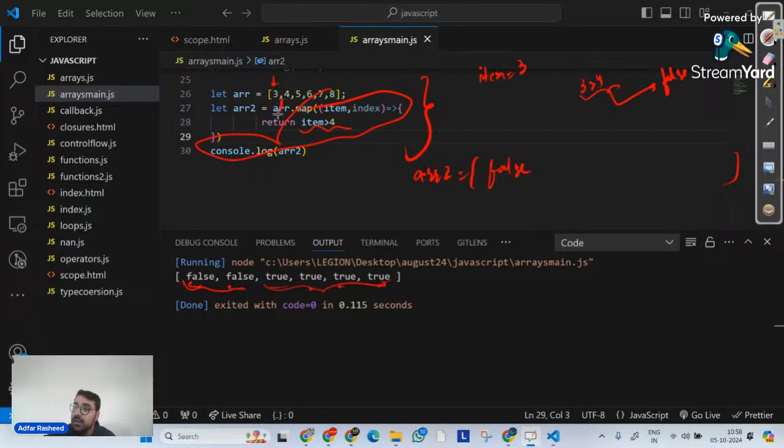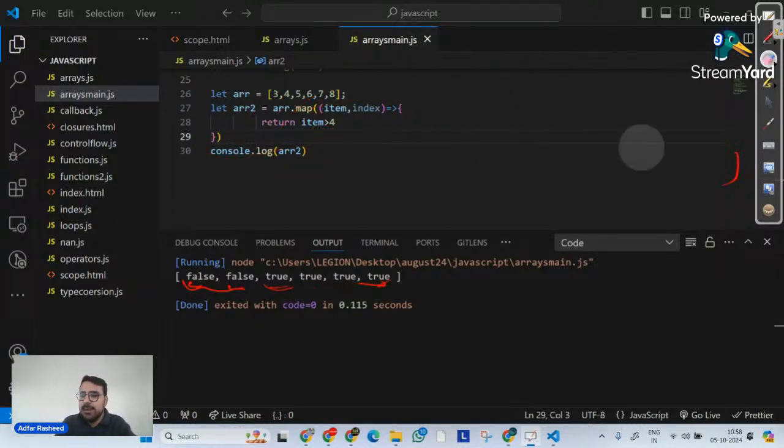Second thing is it returns a new array of the modified elements. It will return a new array. Third thing is the new array that is going to be created will always have the same length as the original array. Length is not going to be manipulated. Neither is it going to be increased nor decreased ever. Right? I hope that makes sense. So with this, we have completed this method as well.